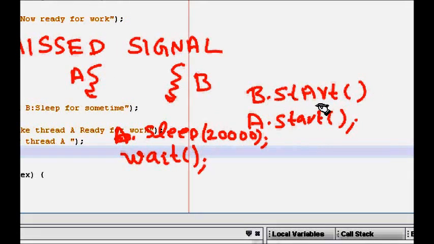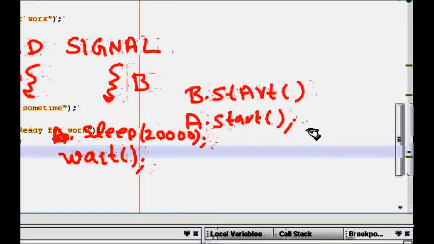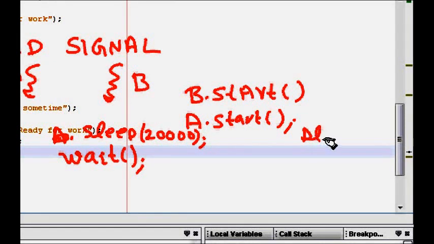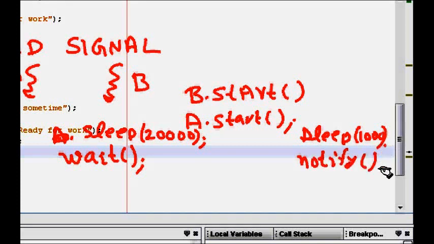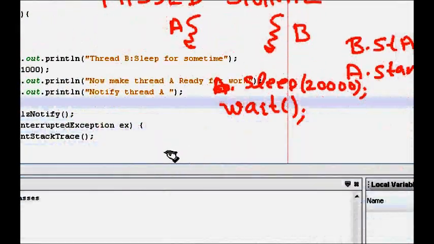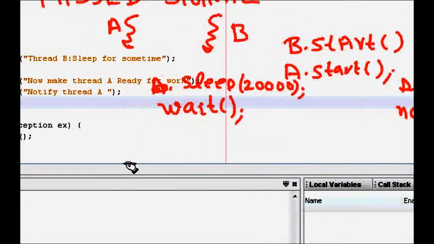B will just sleep for 1 second, that was the earlier one, and then it calls notify on that shared object. Now what will happen, B starts, it will sleep for 1 second, it will notify, that signal will go.